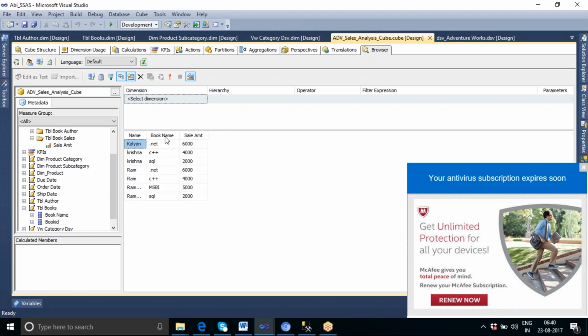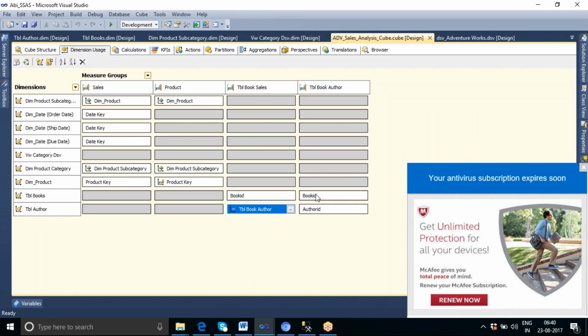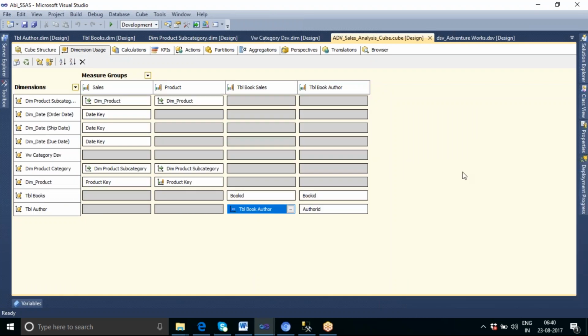Now if I remove this, you can see it shows Ram has written multiple books, 6,000 plus 4,000, should get 10,000. So this is how we can get the author wise sales by creating a many to many relationship. And this is how we can create a many to many relationship by taking the help of a factless fact.